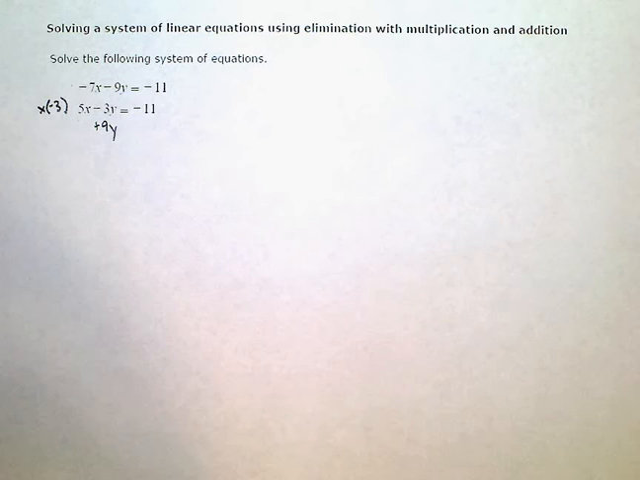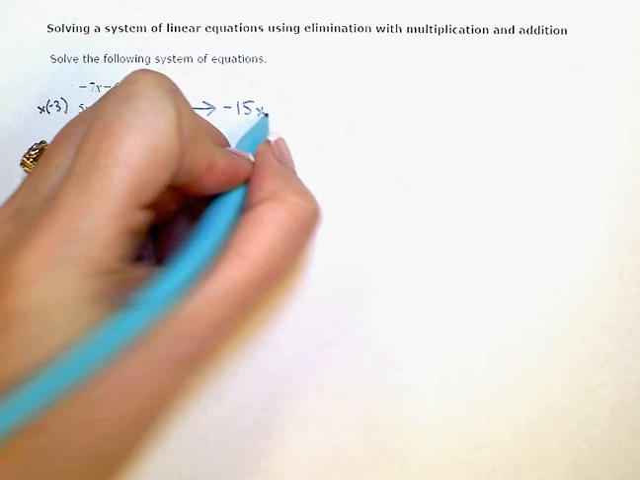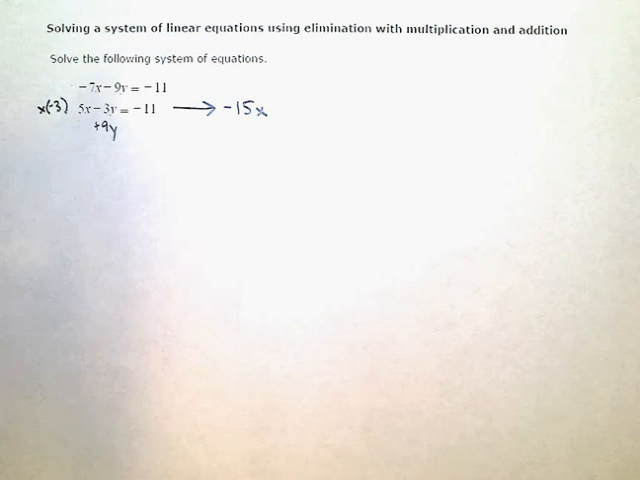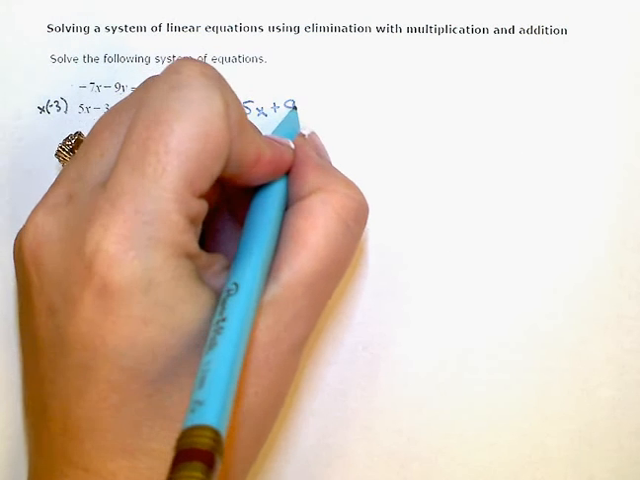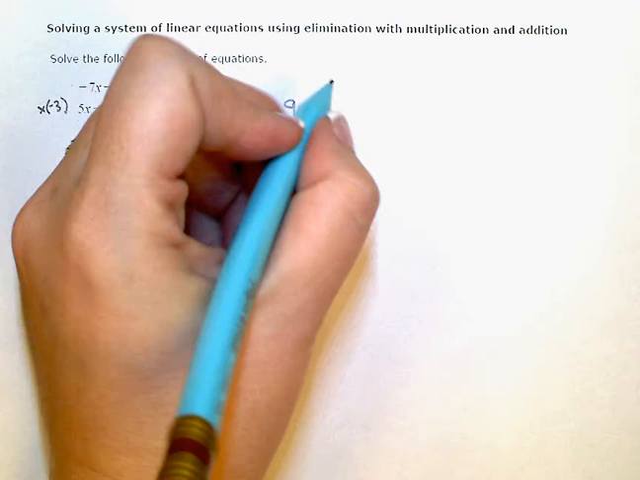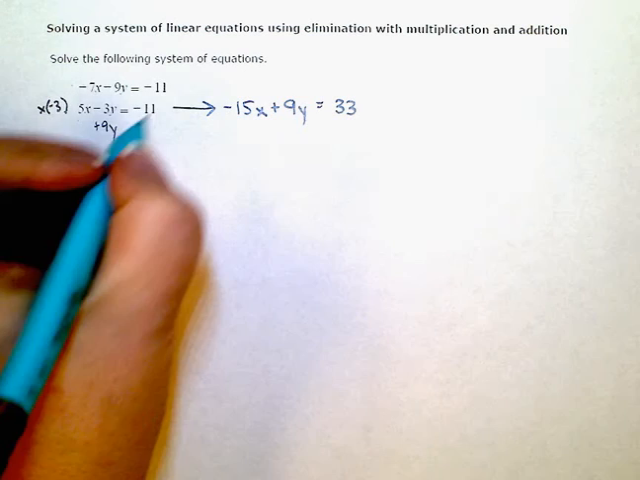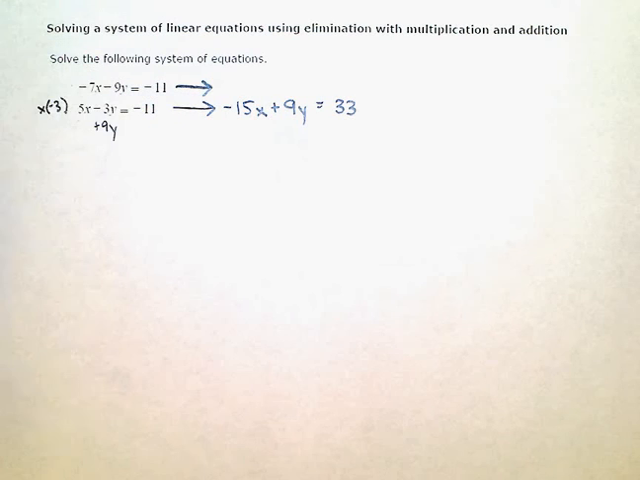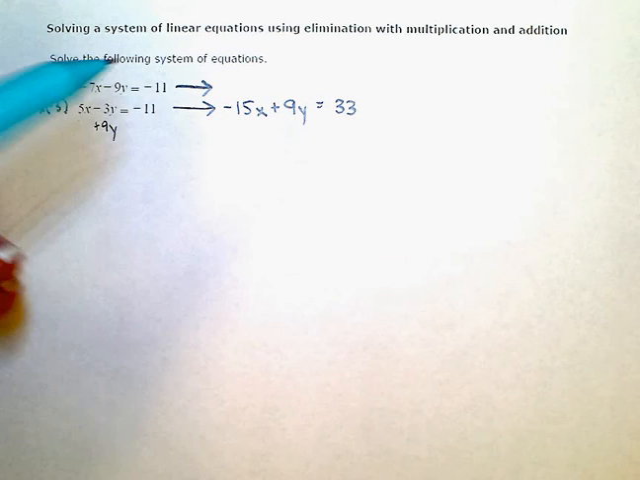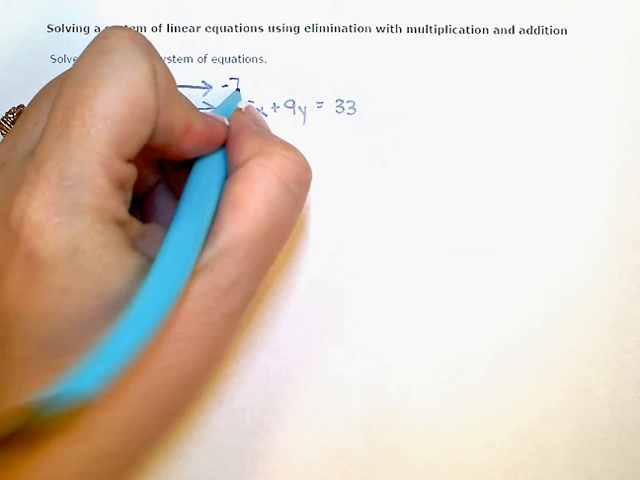So this bottom equation is going to become negative 3 times 5x is negative 15x. Negative 3 times negative 3y is going to give me the positive 9y I was after. And negative 3 times negative 11 is going to give me positive 33 on the right side of the equals. Now the top equation, I already have an exact opposite here, right? Negative 9y is the exact opposite of positive 9y, so I'm just going to copy it over